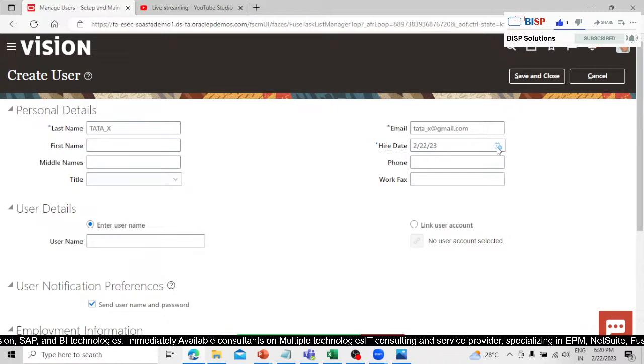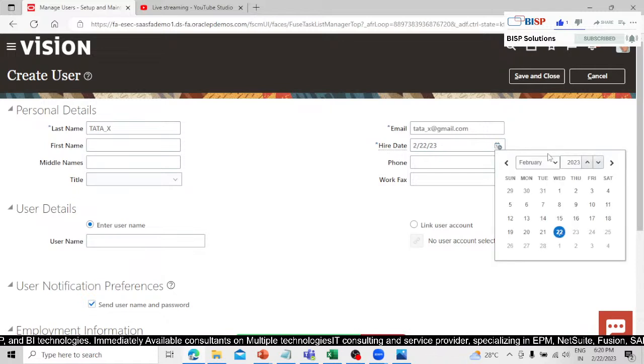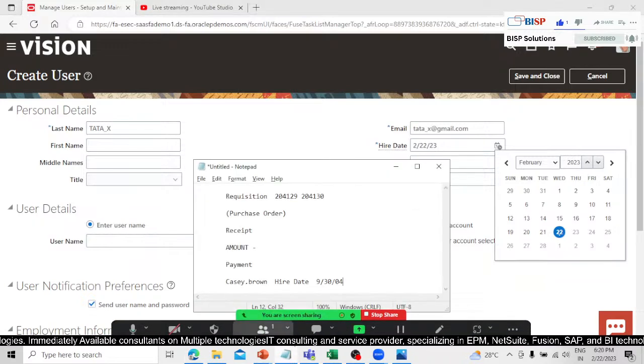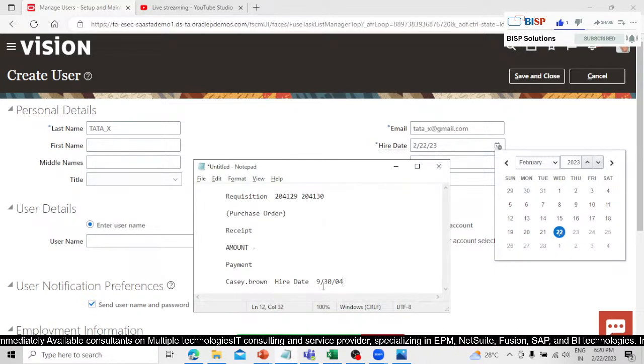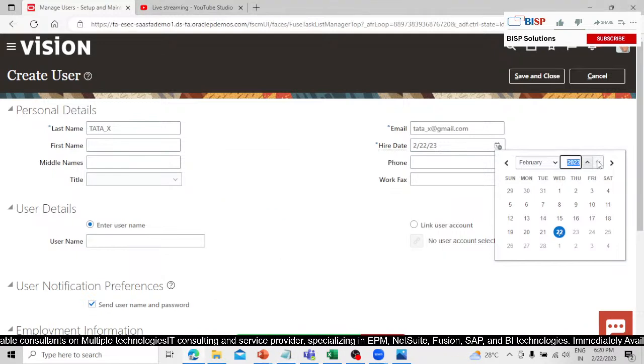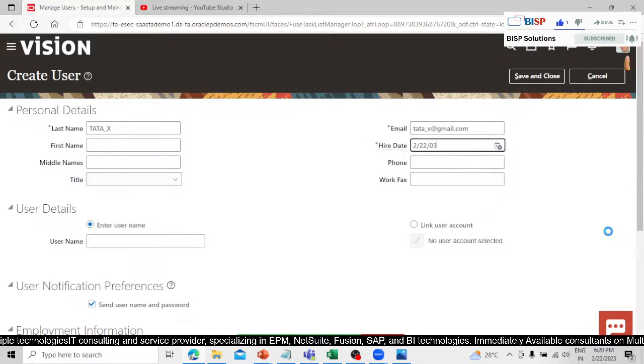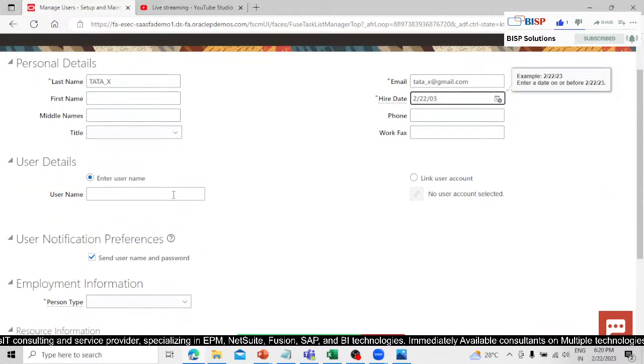Hire date must be less than that of our employee user. So this is our 04 2004. So let's go to 03, right? So let's take this 03